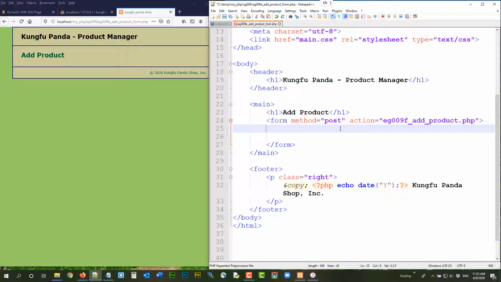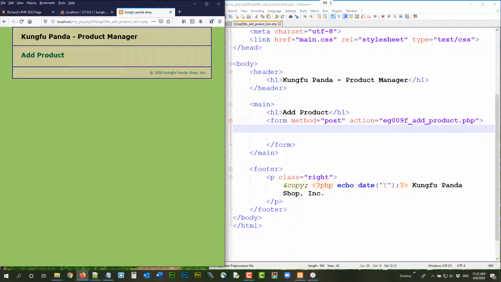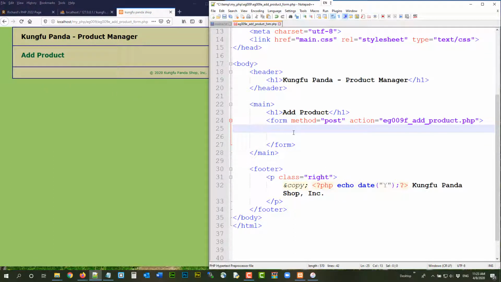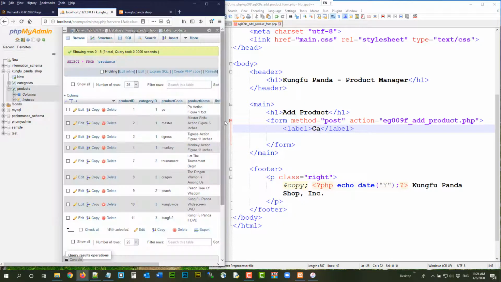Okay. So we finished the form. Obviously, you still do not see anything here. We are going to create a couple of form elements in the form. The first one is we are going to use label to align the elements, like what we did in the previous videos. So first we need to submit what you put in, which is equivalent to what you have in the